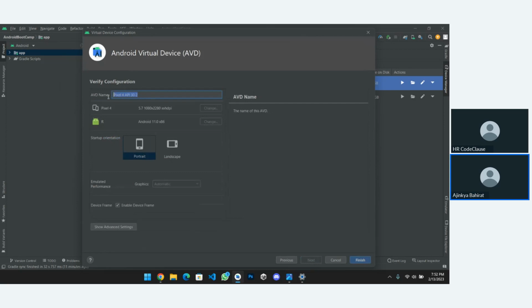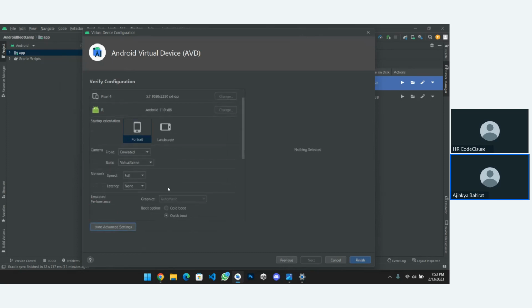It will ask for our name, like I say Ajinkya full. You can name it yourself or anything. The startup orientation will be portrait by default, graphics will be automatic, and enable device frame. What is in advanced?